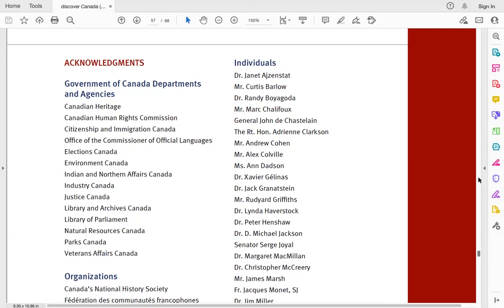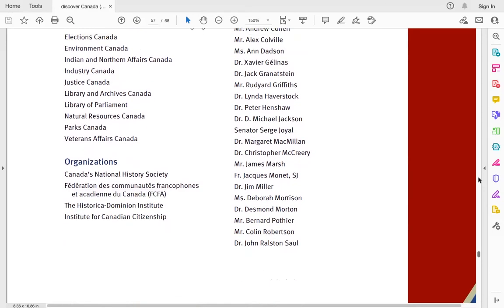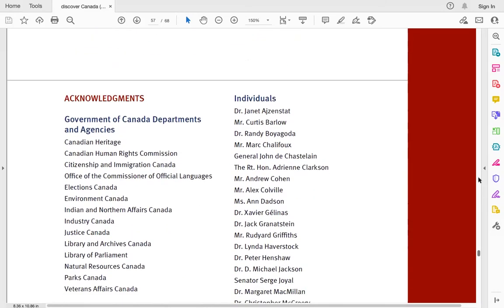The following organizations were involved in the development of Discover Canada: Canada's National History Society, Fédération de communautés francophones et acadiennes du Canada, FCFA, The Historica Dominion Institute, Institute for Canadian Citizenship. The following individuals were involved in the development of Discover Canada: